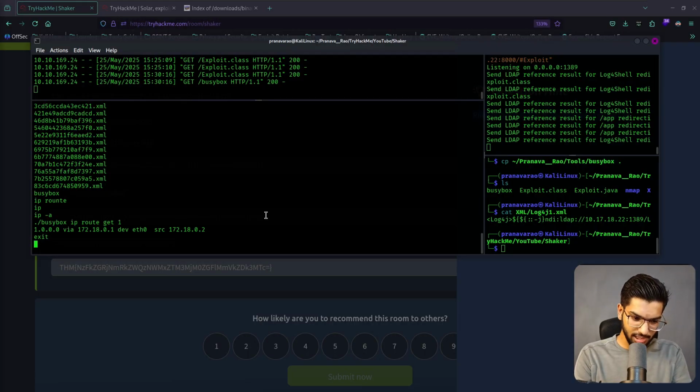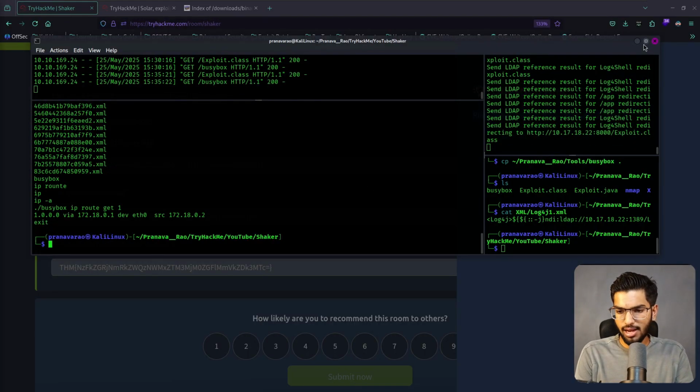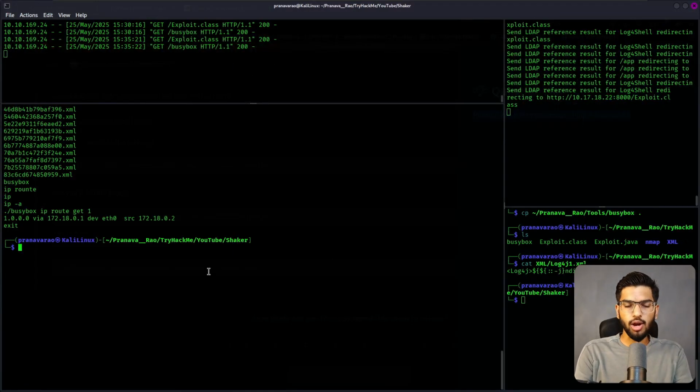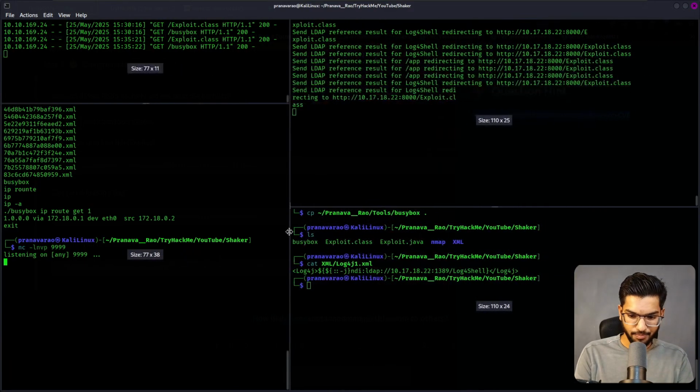We exit from this session, and then, similar to the exploit.java, we will write another Java code where we will be uploading both of these tools into the system and then getting us a reverse shell back again. So I will run the listener back again and come here to modify the code. So I will remove the